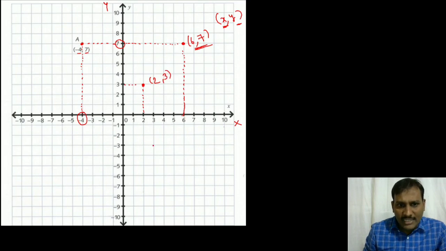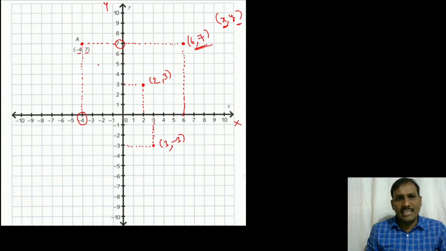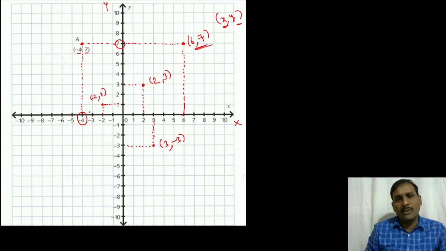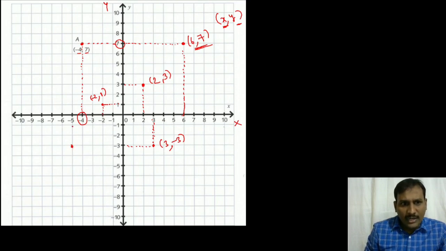And if you take this here, what value is it representing on x? It is 3. And what about the y value? It is minus 3. So the point is 3 comma minus 3. And here if you take, it is minus 4 comma 7. Let us take one more value here. What about this? It is representing minus 2 on x and 1 on y. So minus 2 comma 1. Let us take this value. What is it representing on x? It is minus 5. And what about y? It is minus 3.